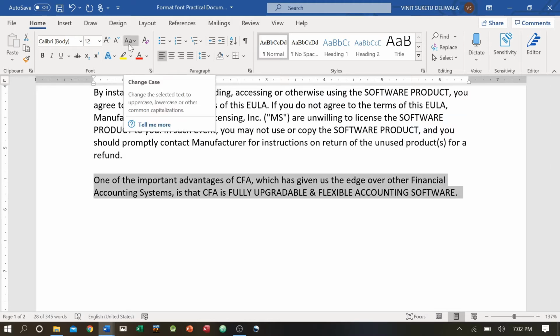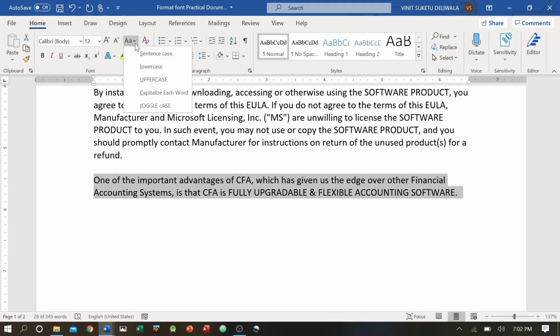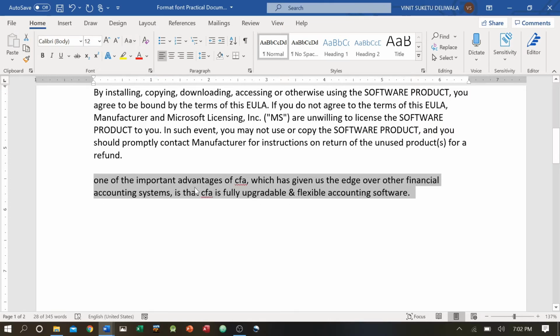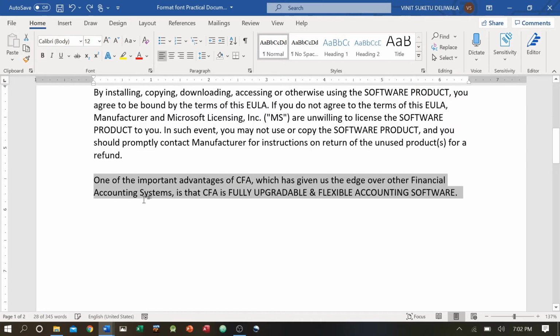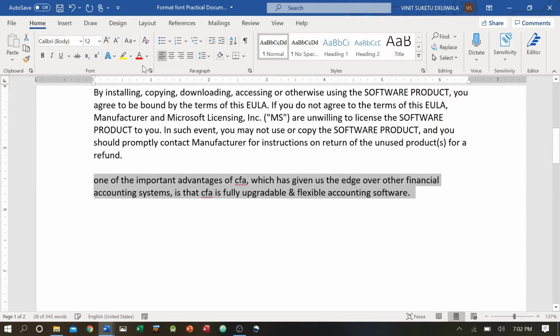This is the change case option. Again, drop down list box. I'll click this arrow. Okay, I get the choice. If I select lowercase, you can see here it shows in small ABCD. If I click this, everything selected is converted into small ABCD. This was the original one. First letter was capital. If I click here and say lowercase, it will convert everything into small ABCD.